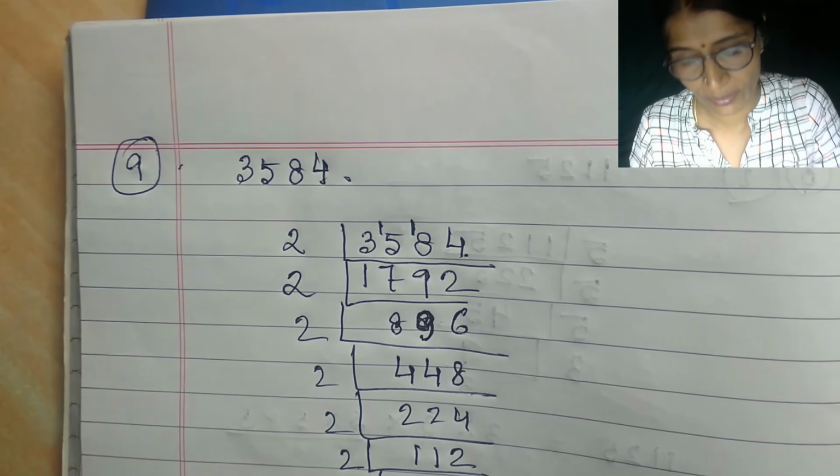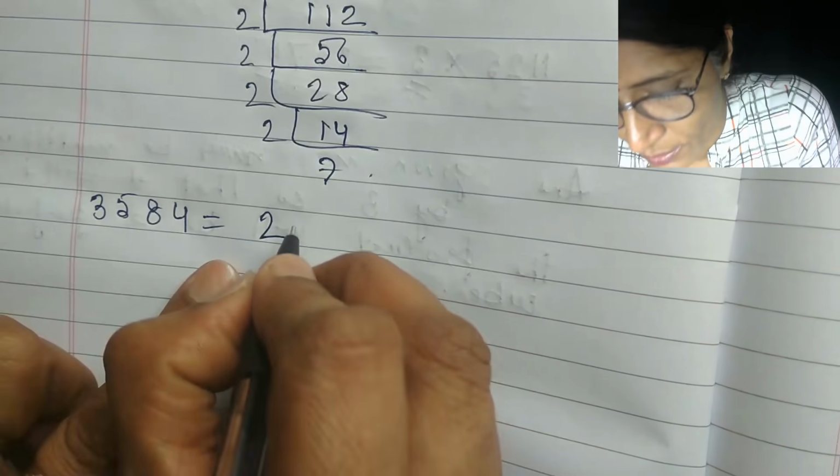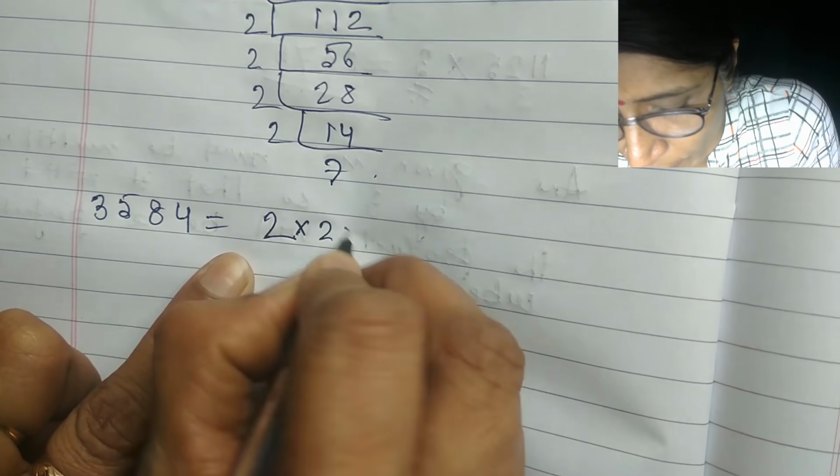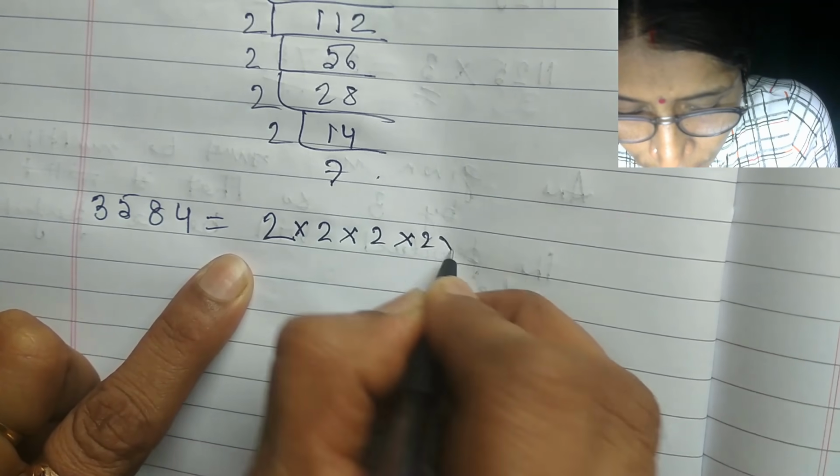It is 9 times. So 2 into 2 into 2 into 2 into 2,